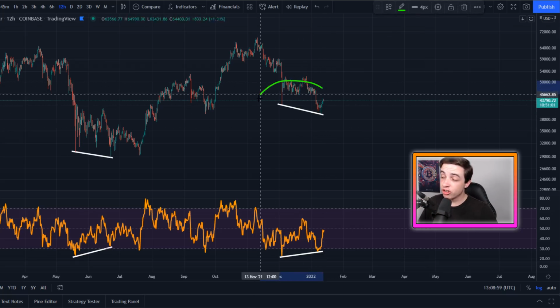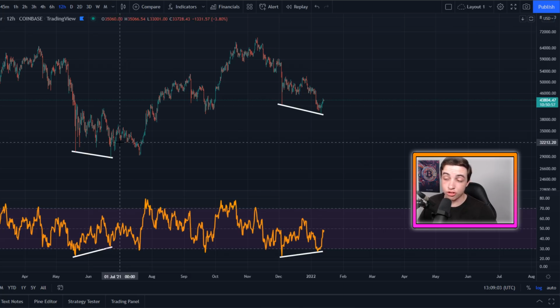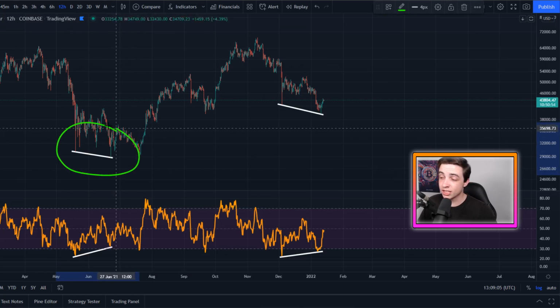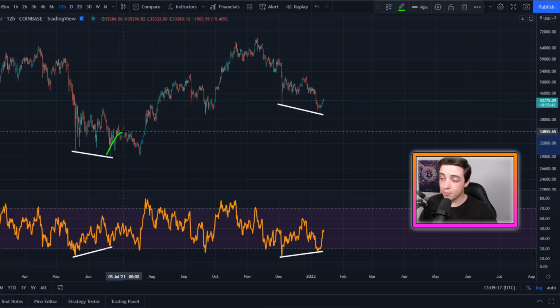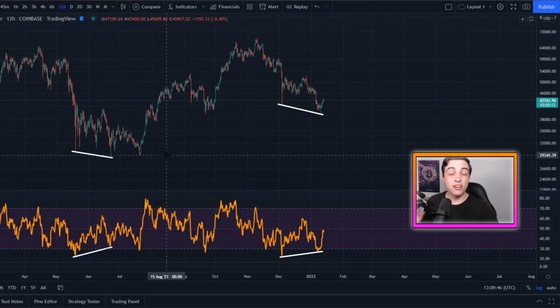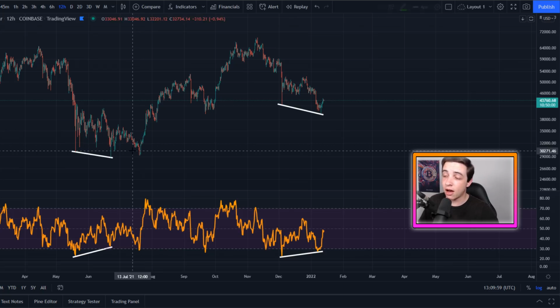In fact, this bullish divergence on the 12-hour chart strongly reminds me of the bullish divergence on the 12-hour chart that we saw back in the middle of 2021. And what came next for Bitcoin back then was basically an immediate bounce to the upside followed by a little bit of sideways price action and then one more dip to the downside, which we didn't actually break below this low just here in the middle of all of that price range. And then not long after that, which was around 1 month after we completed that bullish divergence, that was when Bitcoin finally entered into the recovery back to the upside.